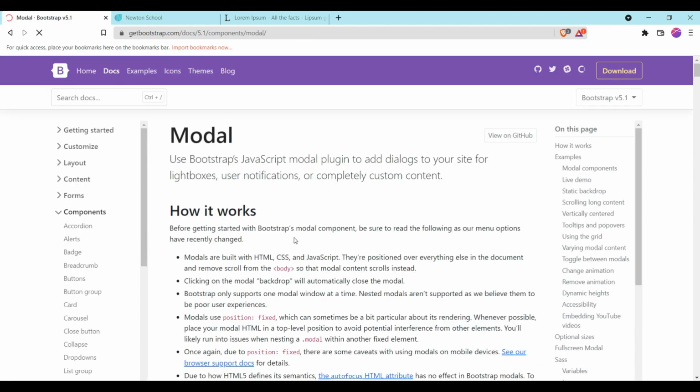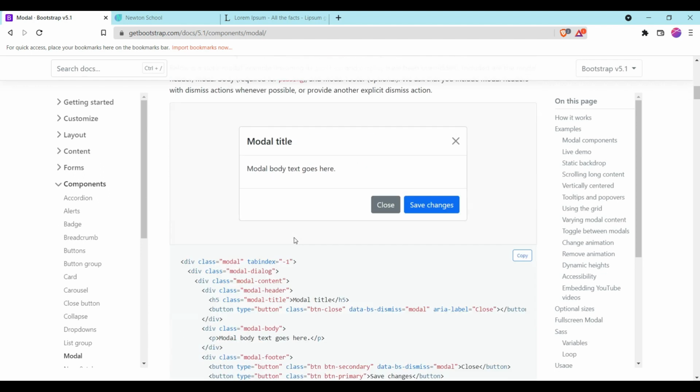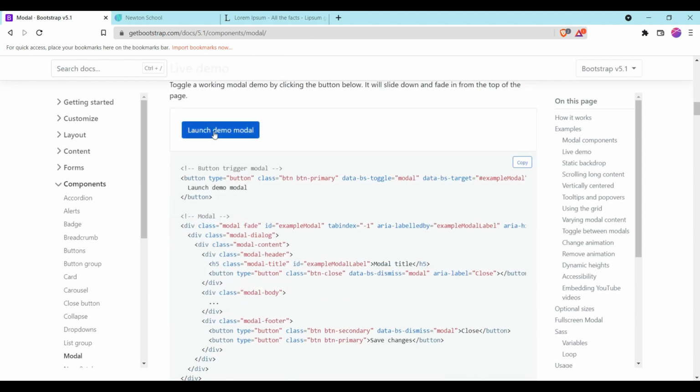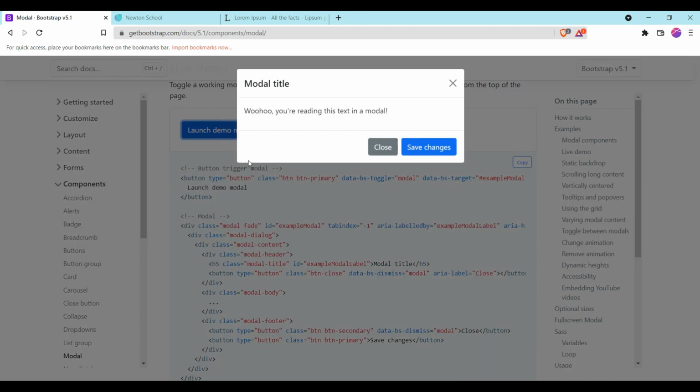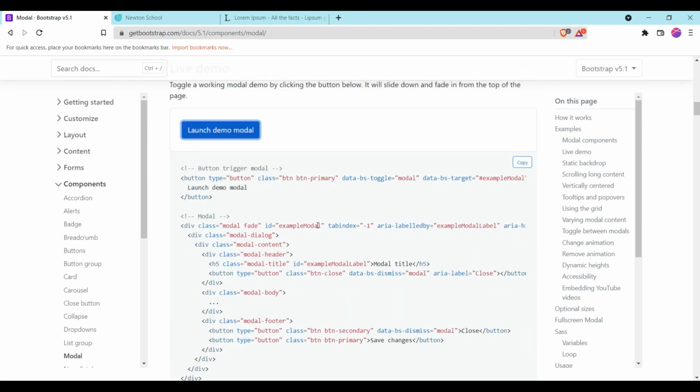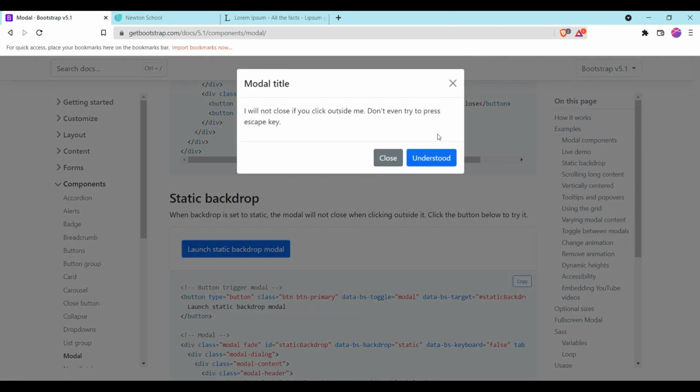Also the modal, like this one with save and cancel. And here you will also get the launch demo modal, and this type of pop-up will open, like the pop-up we built before. If you missed that video, make sure you watch it. If you want to use this, you can simply copy and paste it.